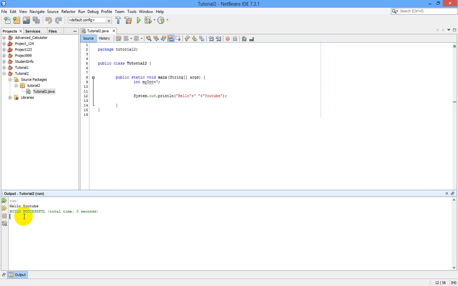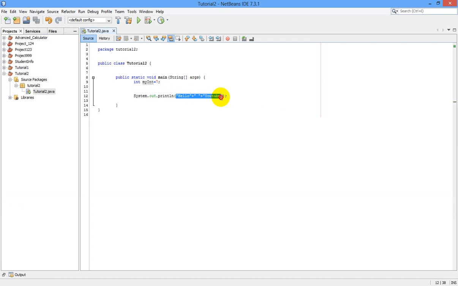And also if you have an int, you can concatenate the same thing with a string. I will show you how we can do that. Suppose what I am going to do is, we are having one integer myInt, 7.